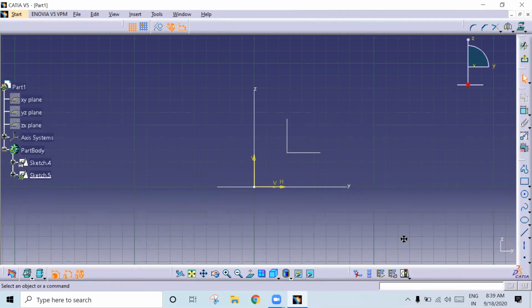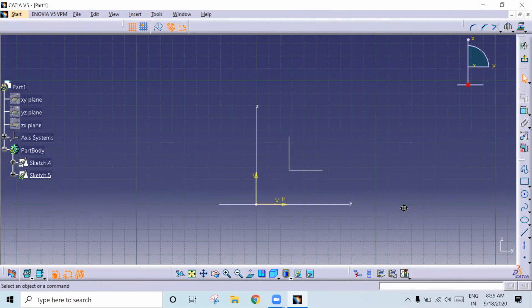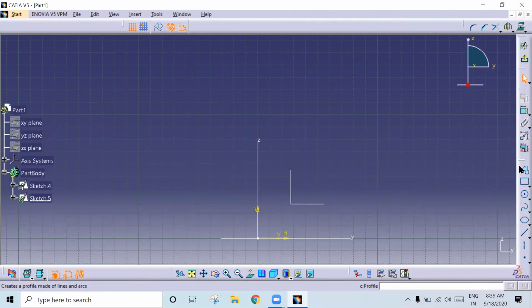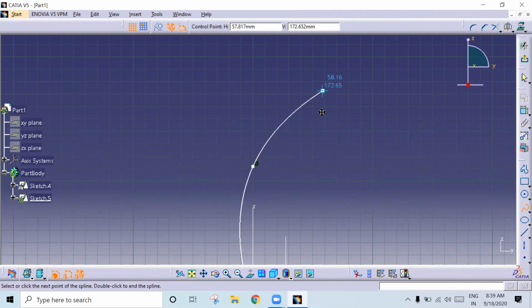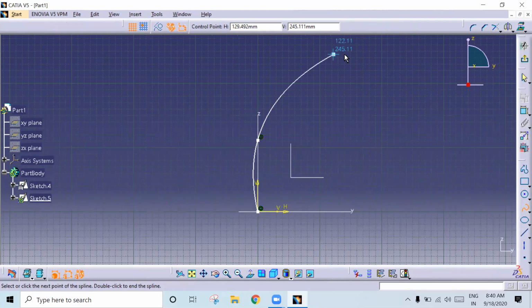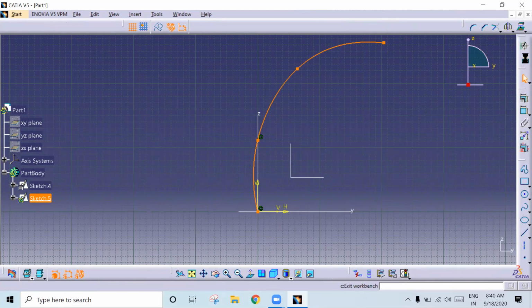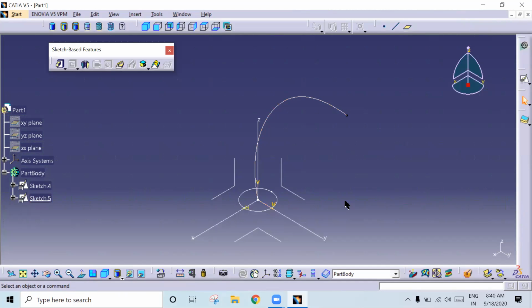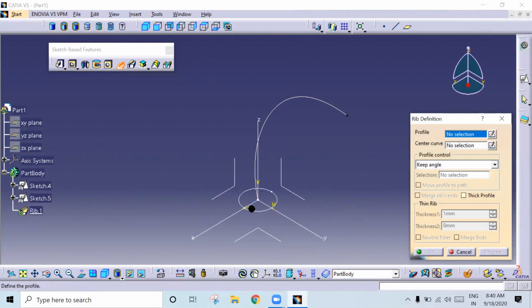See, now I will create a guide curve. For the guide curve, I will use a spline to understand in a better way. Yeah, see like this. So go to rib, select the profile, select the guide curve.